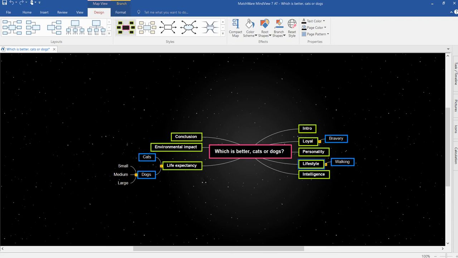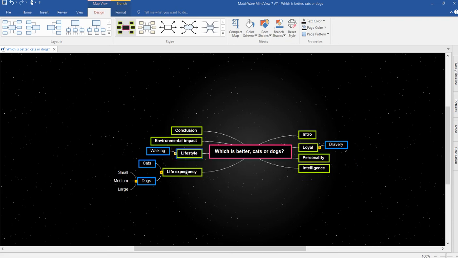Lifestyle would seem to fit quite well towards the end, maybe near environmental impact and life expectancy. It probably isn't something people think about a great deal when they're choosing pets. Okay, so you can see I'm starting to apply a bit of a logical order, and as I say, this green level is clockwise, this blue level downwards is top to bottom,